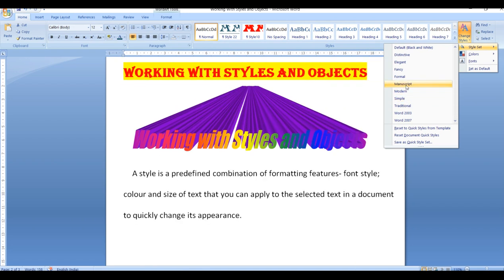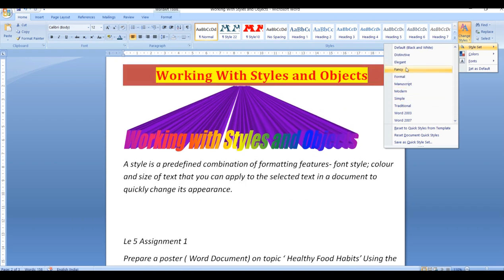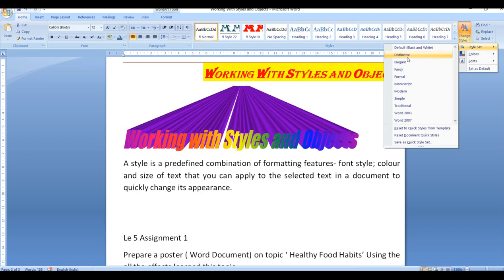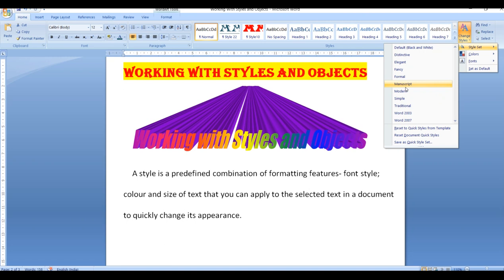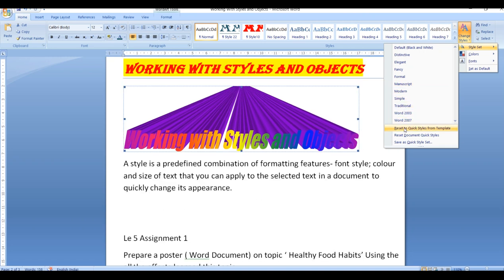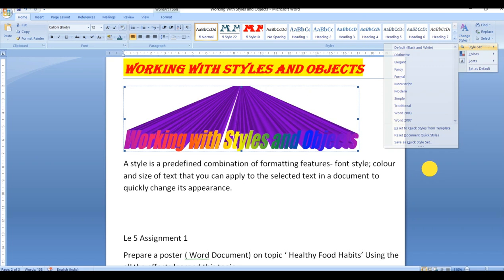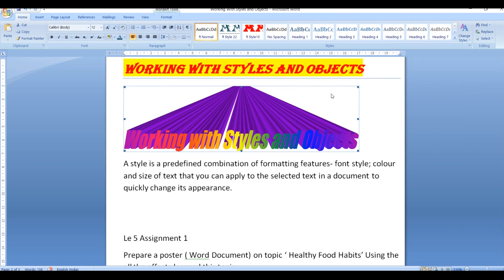Traditional, simple, then formal, fancy, elegant, distinctive. So these are different kinds of styles present on our screen for changing the styles. Okay, so this way we are going to change the styles in the change styles.